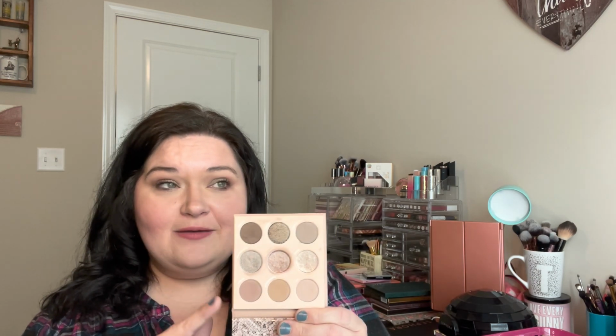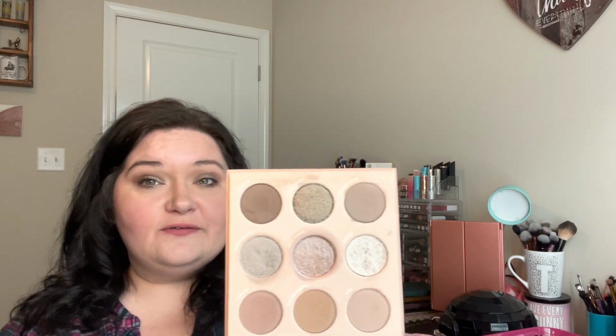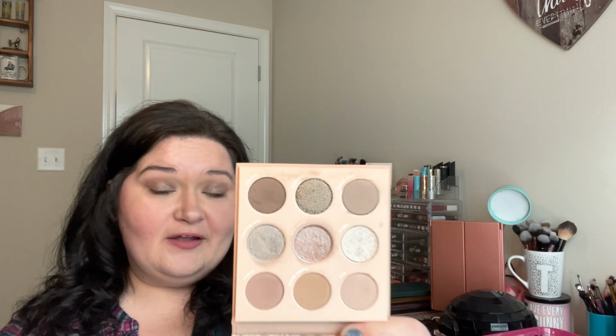Like I said, this came out after I got the Glam palette. Wish I would have just waited. This would have done everything I needed that $65 palette to do. And I didn't even pay the full price. I think these are $12 full price, maybe $9, but I know I paid less because I always wait for like a 25% off sale. And this one is my favorite